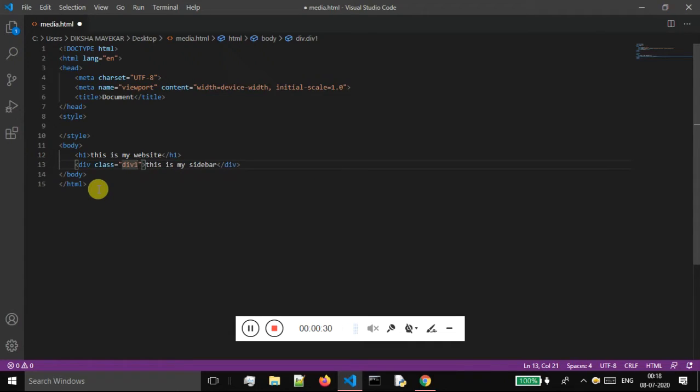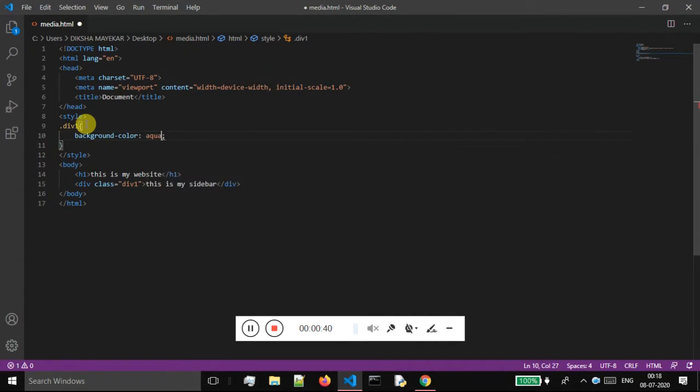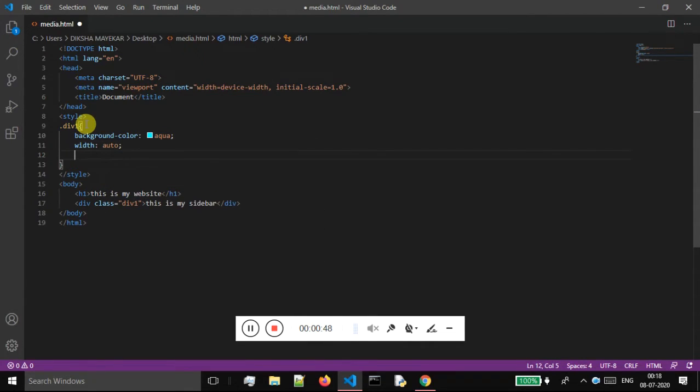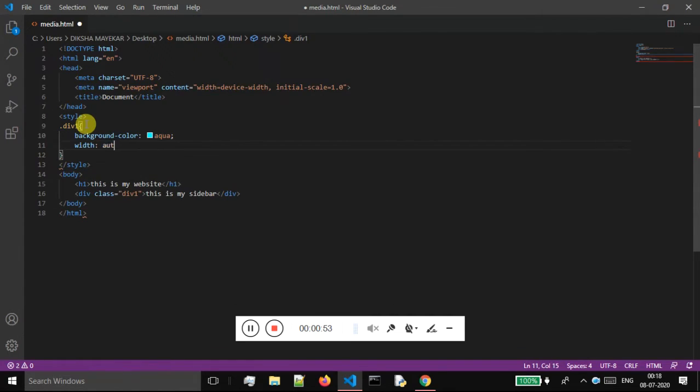I will give some class. I will say div1. I will come to my style attribute. I will say dot div1, and I will give the background color. I will say background color as aqua. And currently I just want to give the width, and I will give the value as auto. And I will show you how to change the background color only. Since you are a beginner, I don't want to start something complex. Okay, so I'll save this,